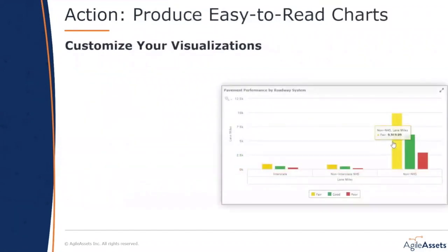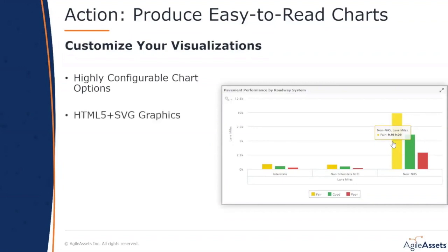So a major advantage when you're telling the story of your network's performance to relevant stakeholders and decision makers is being able to create clean, easy to read charts with dynamic features. So in the Agile Asset solution, all of our reports are highly configurable, all the way from the chart type, the labels, the colors, margins, formatting, backgrounds. It's going to be any option you need to set to make your chart look the way that you want it. And that's all done because our charts use HTML5 capabilities and SVG graphics. So these are just vector-based graphics that maintain a clear resolution at different sizes,